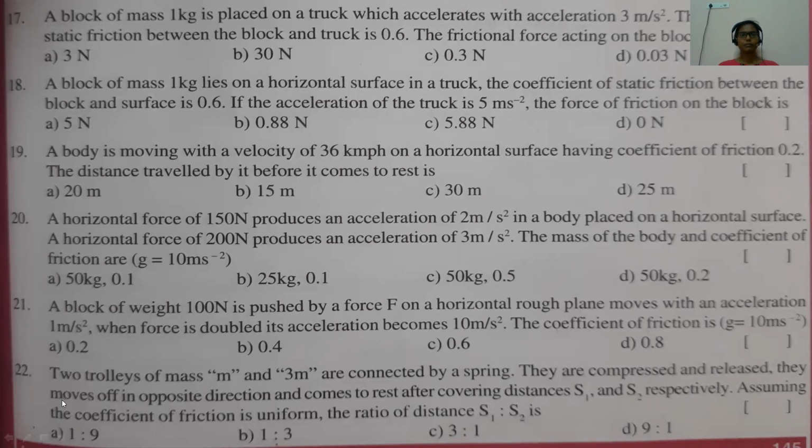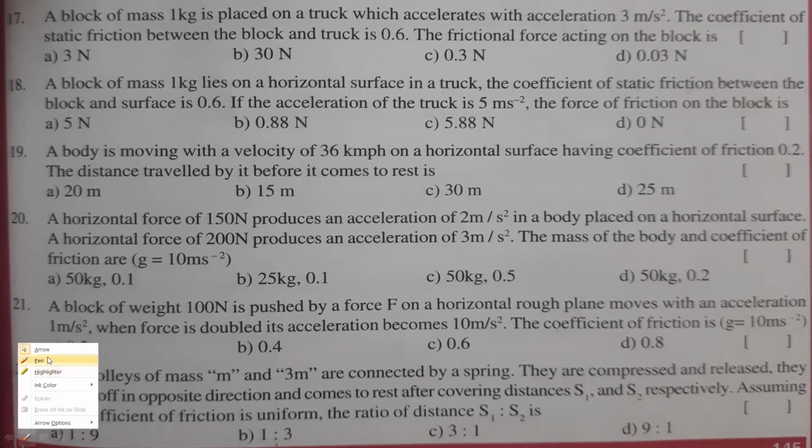Let us come to some more problems. See the question clearly here. A block of mass, right children, what is given here actually? A block of mass 1 kg, this mass is given, is placed on a truck which is accelerating, with